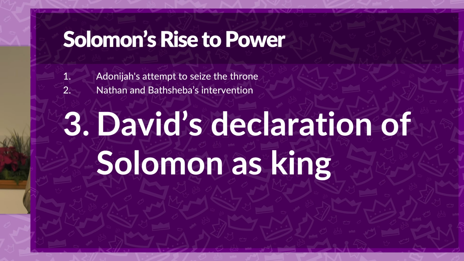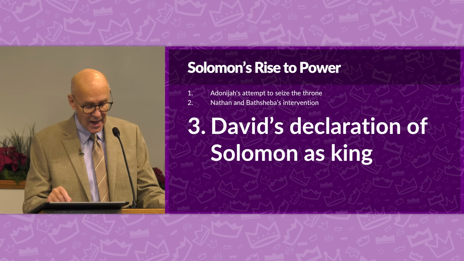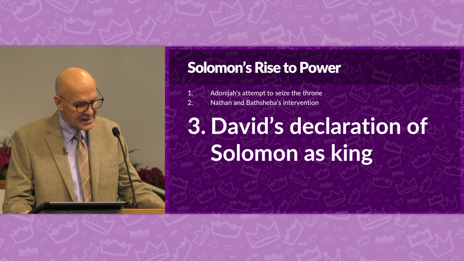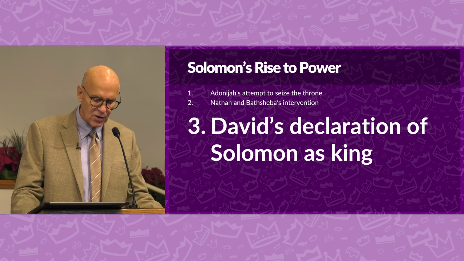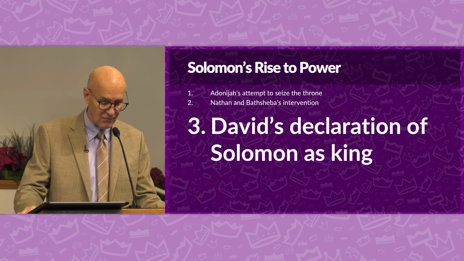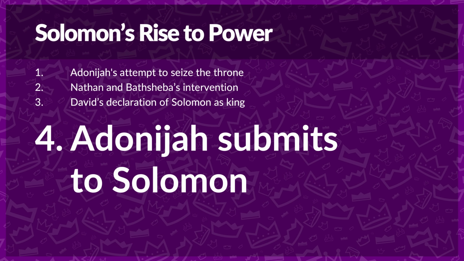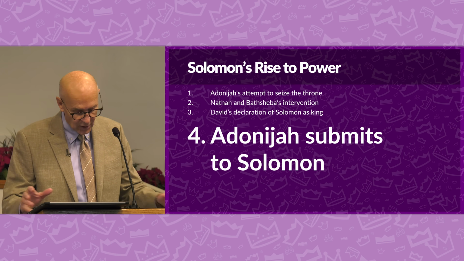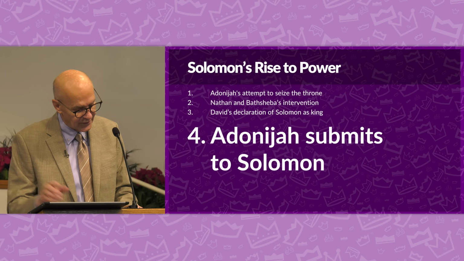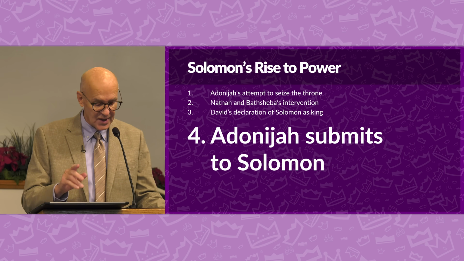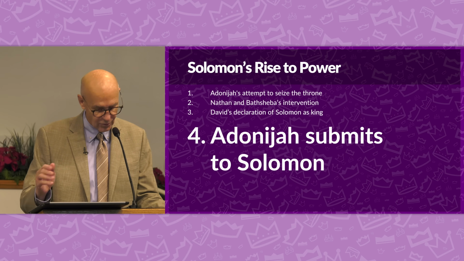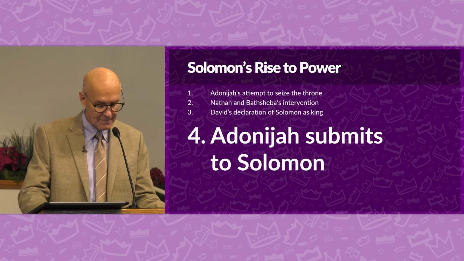And so Zadok the priest, Nathan the prophet, and Benaiah led Solomon to be anointed at Gihon. Solomon was then declared king, and the people rejoiced greatly, causing a loud celebration throughout the city of Jerusalem. Hearing the news of Solomon's anointing, Adonijah and his supporters became fearful. Adonijah sought refuge by grasping the horns of the altar in the temple. And Solomon, showing mercy, allowed Adonijah to live on the condition that he prove himself loyal to Solomon's rule.